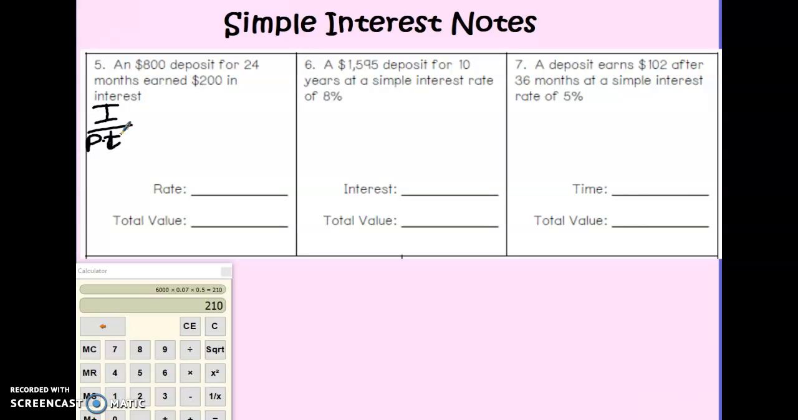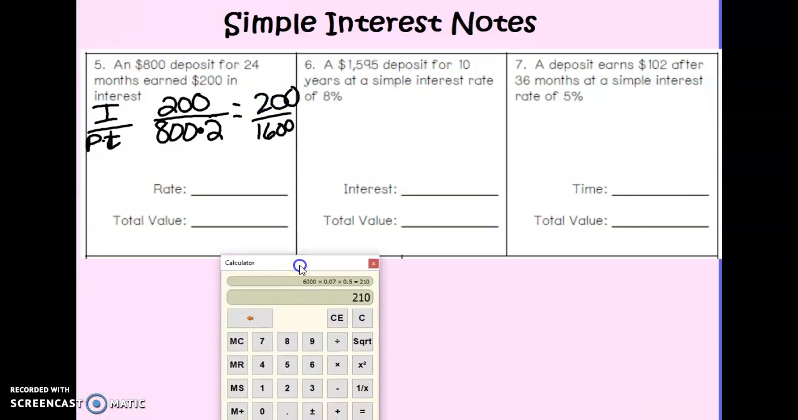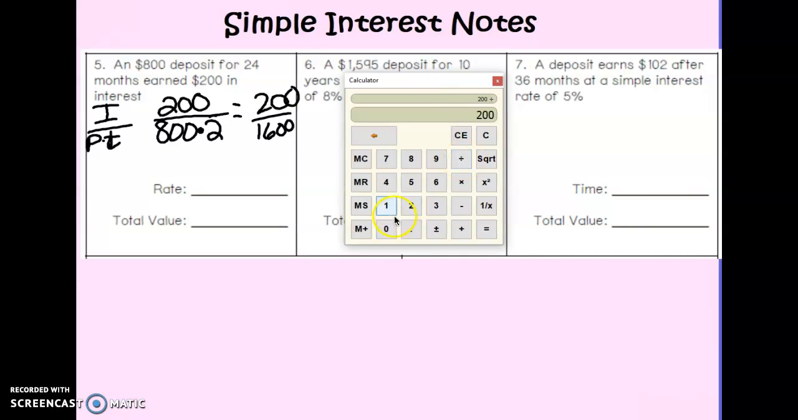So our interest amount was $200. So 200 divided by 24 months. Remember, we always have to write it in years. So 24 months would be 2 years. And $800 was what we started with. So 800 times 2. I'm going to multiply first. 800 times 2 is 1,600. So I'm going to do 200 divided by 1,600, and that gives me